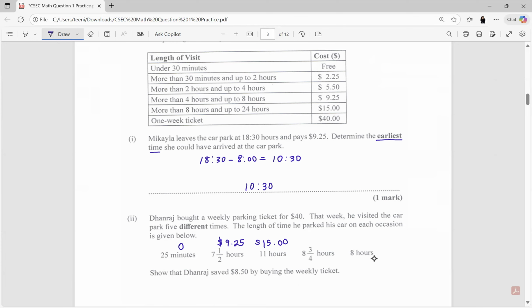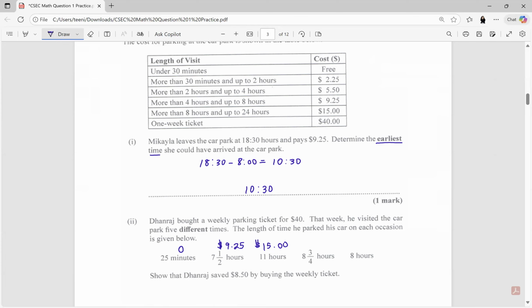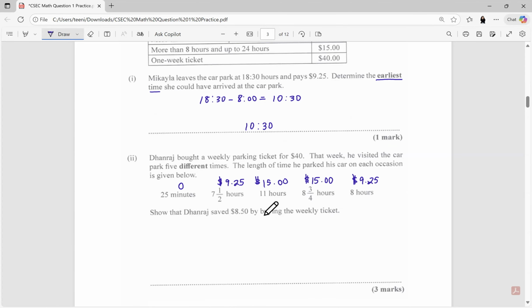$15. 8 3/4? No, he'll have to pay more because this says up to 8 hours. Oh, sorry, you said yes, $15. I'm sorry, $15 is correct. Yep, $15 again. And then the last one, 8 hours. How much would he pay for 8 hours? $9.25. Perfect. All right, so let's show that by him purchasing the weekly ticket, he would have